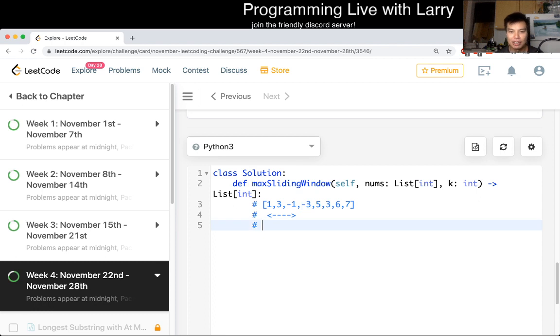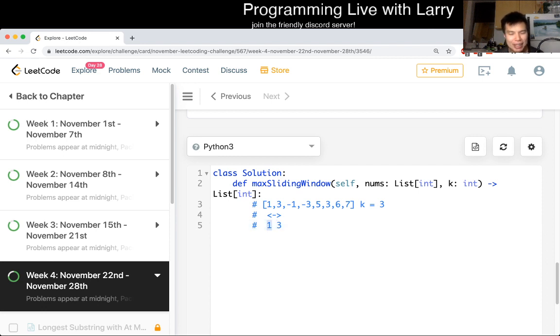And for example, let's just do it one at a time. Let's have a pointer. Let's have a 1. Okay, 1 could be a max for right now, so we just put in 1. And then now we expand our segment to 2 numbers, because let's say k is equal to 3, because I think that's the example. Well, 3 comes into the picture, right? Yay. And then the question is, well,